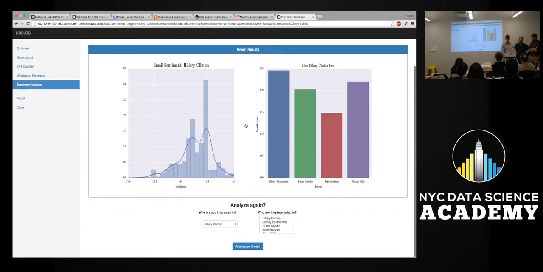So let's look at another person. Let's look at Huma, and let's see how she feels about, well, who do people want to see? Go with Hillary, Sidney. Can we look at Lauren Gelati, the assistant, see if she's nice to her? Who is nice to the assistant is really important. What year are these emails from? The whole set is 2009 to 2012. Oh. So we'll go with that set and see how that does.